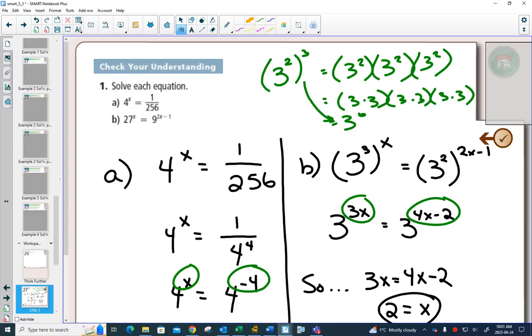So the strategy is, if you can get a single power on both sides with the same base, then the exponents have to be equal to each other. Questions to circle, 3, 4, 5,